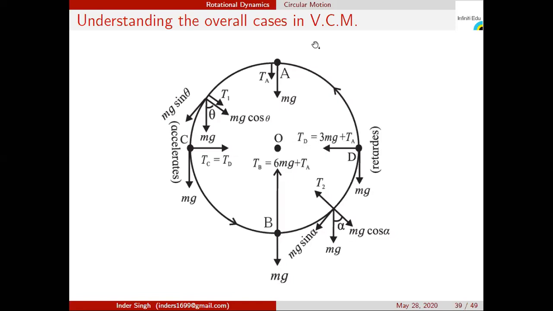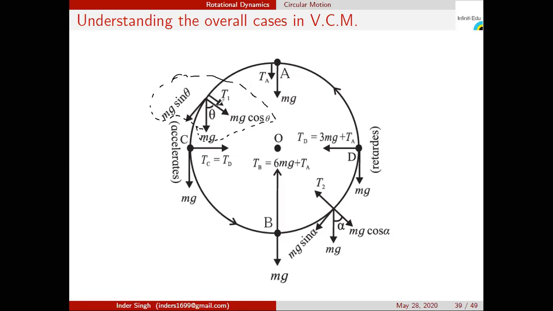Now you can observe that at this random position, if I say the object is falling, since the object is falling, the weight is in the downward direction. This mg cos theta is towards the center. There is one component of the weight, mg cos theta, and the other is mg sin theta. These are the components of the weight. So one component of the weight is directed towards the center, and the force which is directed towards the center is called the centripetal force. So while coming down from the top position to the bottom position, the weight